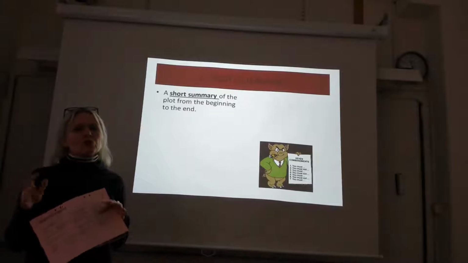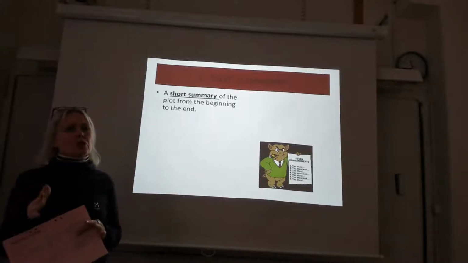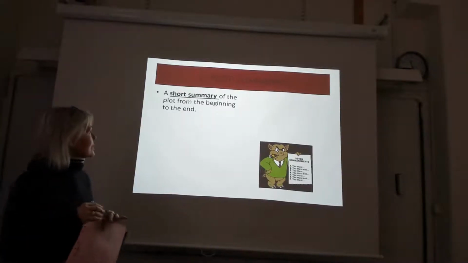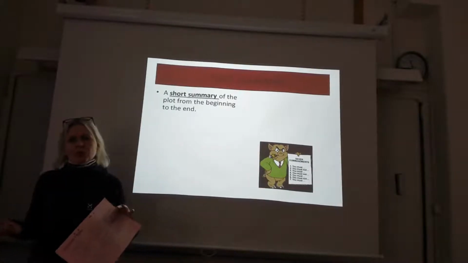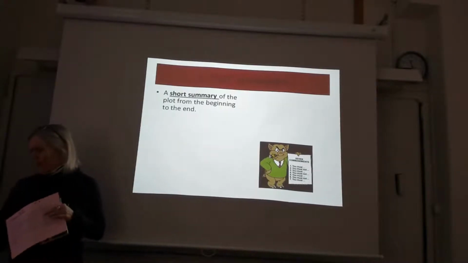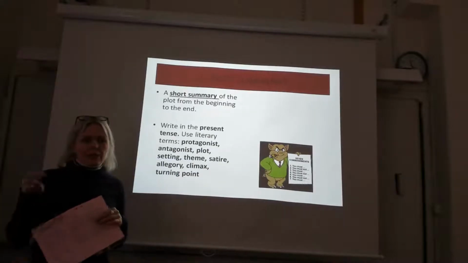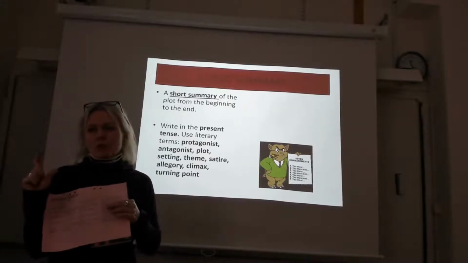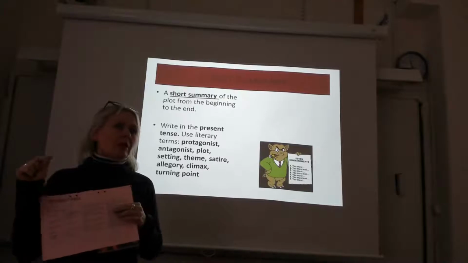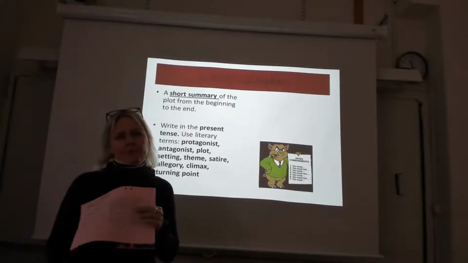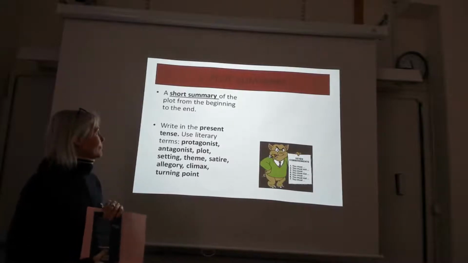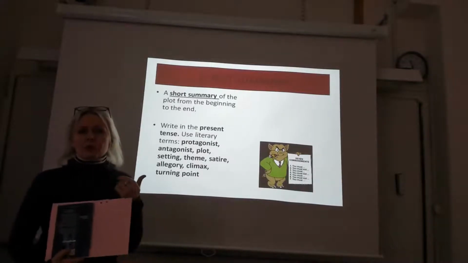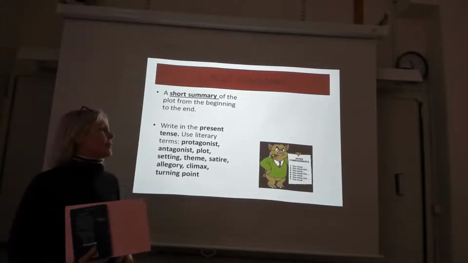In your second paragraph, which you are familiar with from previous years, you should do a plot summary, not too long, not too short. I would say maximum 20 sentences. It should cover the whole book, so the key events from the beginning till the end. And only in this paragraph you should write the summary in the present tense. Okay, takes place. They do this and that.